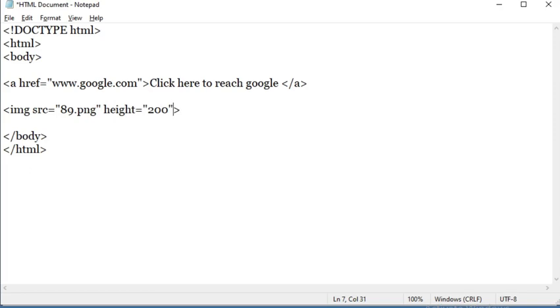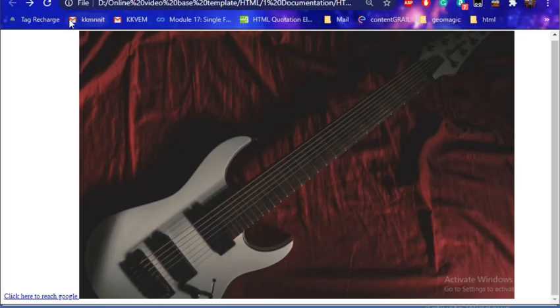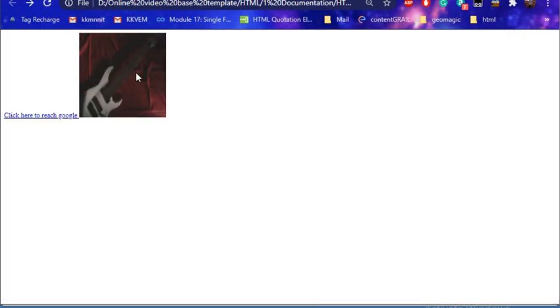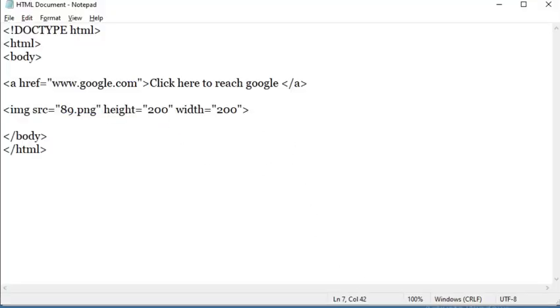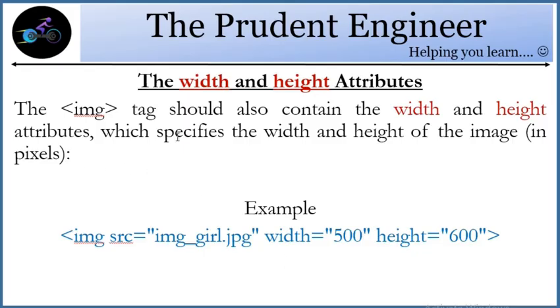That 200 is in pixels. Again you give a space and write width equals, in quotes, again say 200. You save it and run it. You will see the height and width are adjusted according to the pixels you have set. This is the basic feature of the height and width attributes.